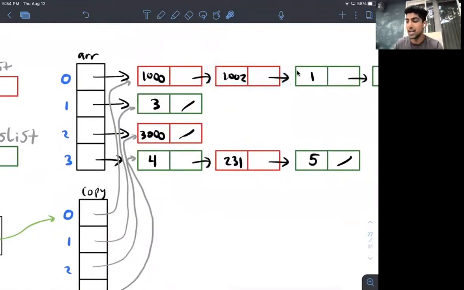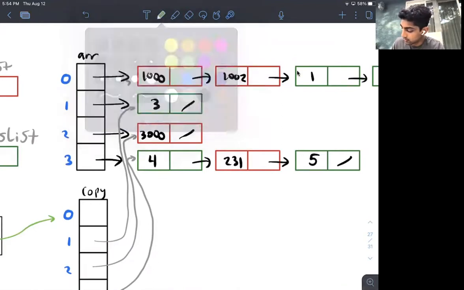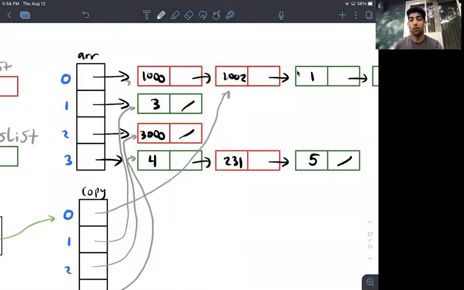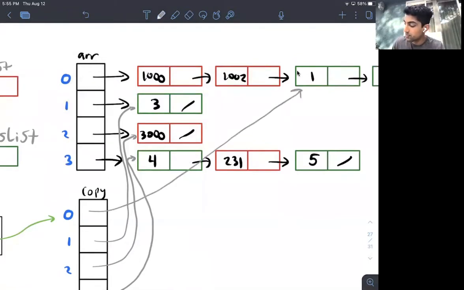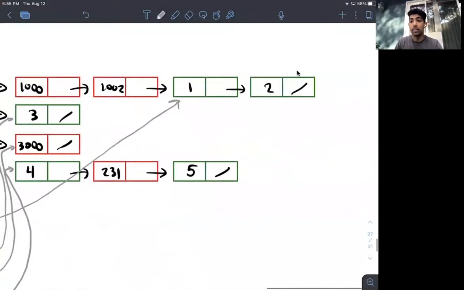Well, why can't we just have copy of 0 point here now, right? Because we're done considering this link, so I can just say, okay, copy of 0, you're now pointing to the next link. And what we can do is that I can keep reassigning copy of 0, right, to keep pointing to the next link in this linked list.